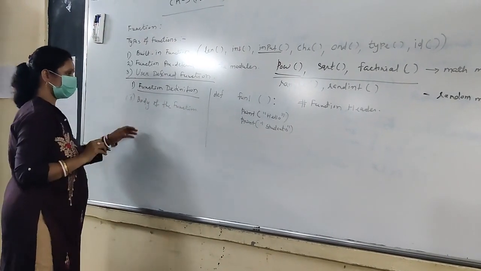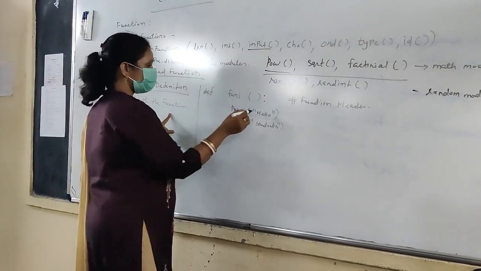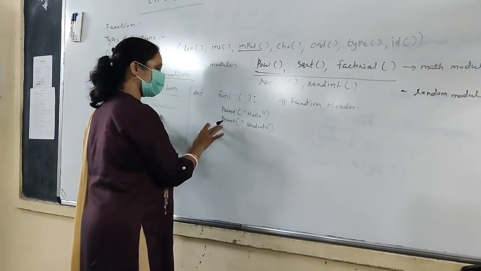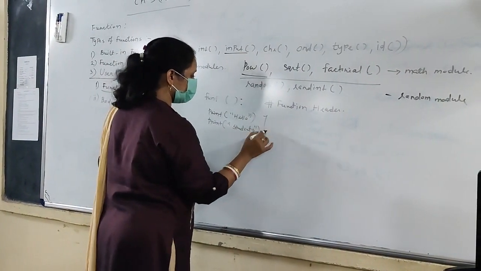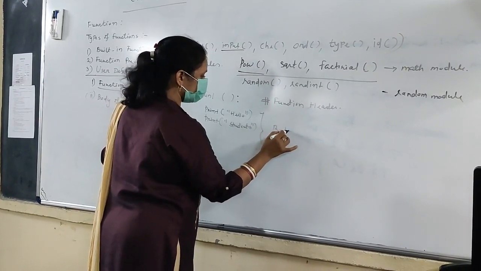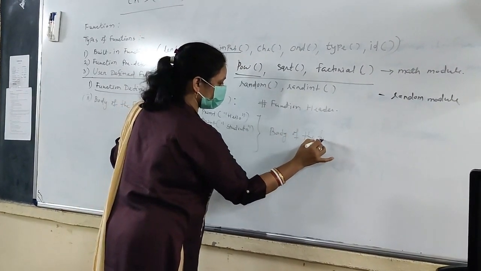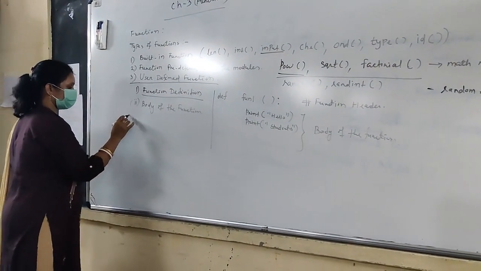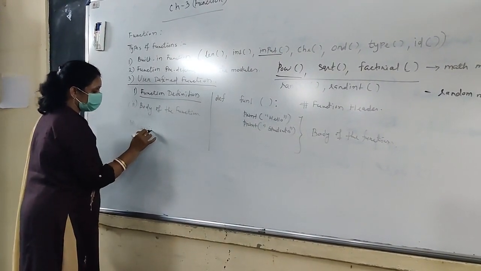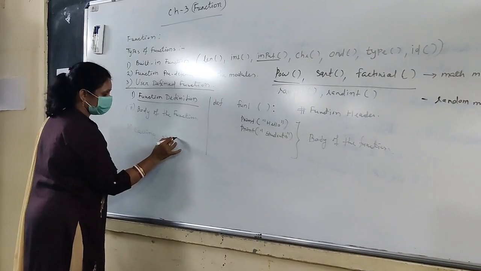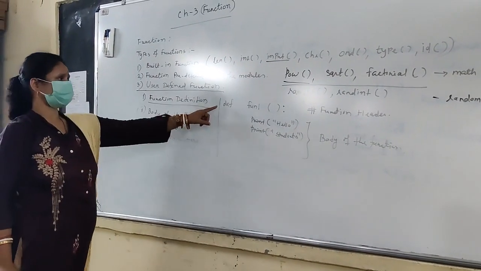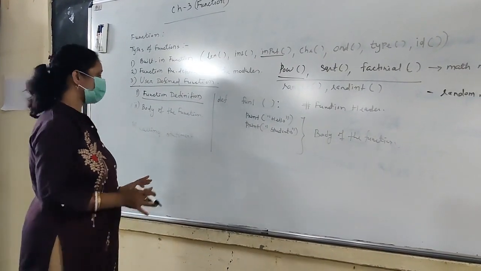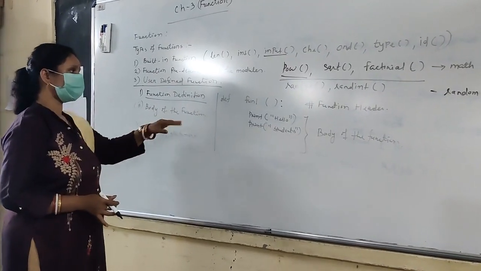So students, what do you mean by body of the function? These statements, when you write some statements inside that special indentation part, are known as the body of the function. Third part, which is very important, is the calling statement. If you define a function but do not call it, you will not get the output. So you must call that function to get the output.